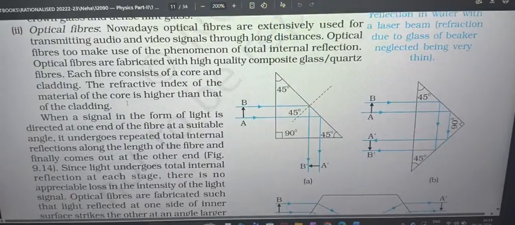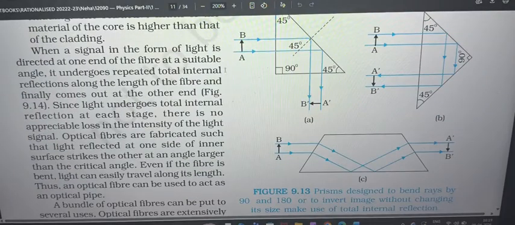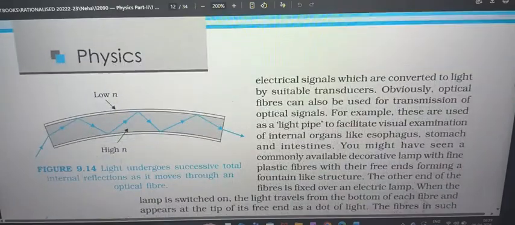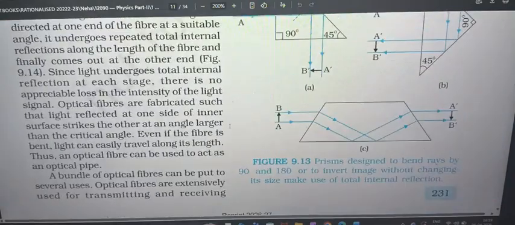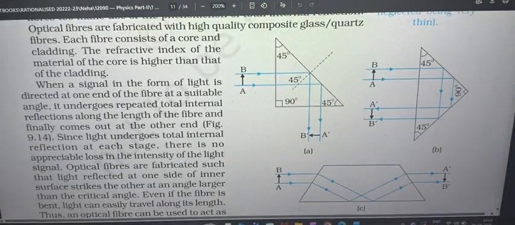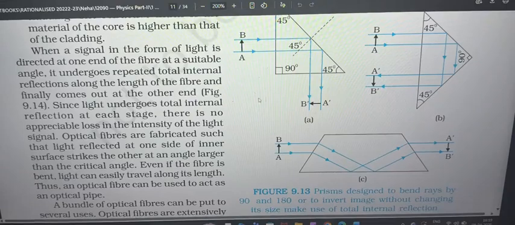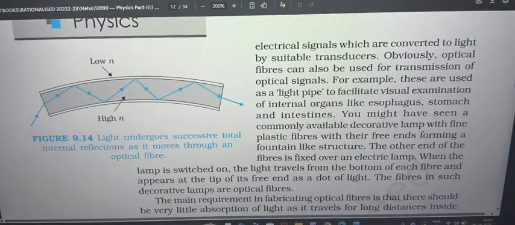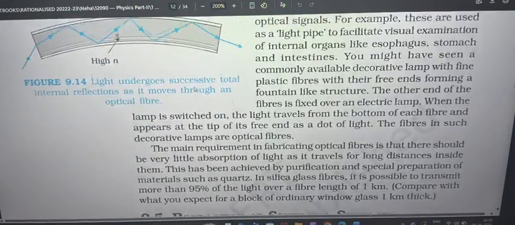So it is in such a way. Now the signal will be in the form of light, and obviously it will undergo total internal reflection throughout this long tube, and finally the signals will get transmitted to the other end. It undergoes repeated total internal reflection along the length, and since it undergoes total internal reflection, there will be no loss. That is the main purpose of optical fibers. If it is undergoing total internal reflection, no amount of light or energy will get refracted out, so it won't be lost, it won't be wasted.